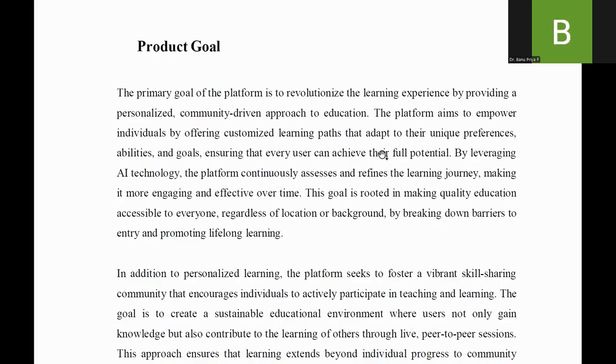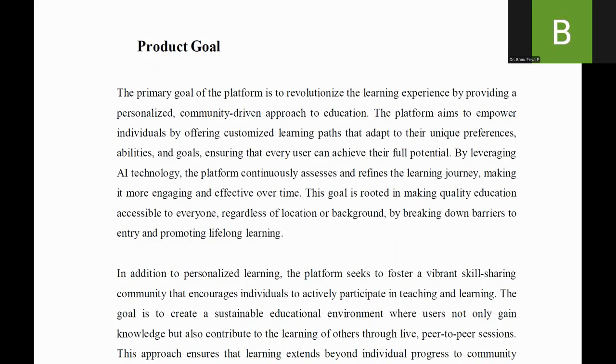So first, we should be able to understand what is a product goal. A product goal is very important, and it is an objective of why the project will be done, and the complete objective should be achieved after the completion of the project.